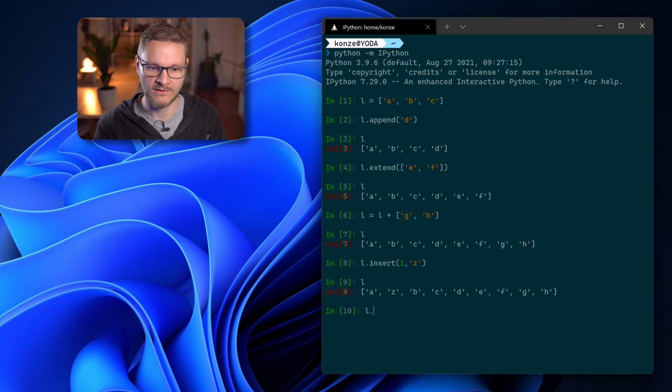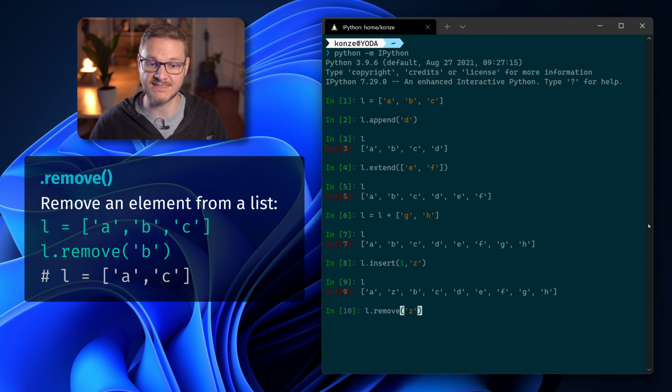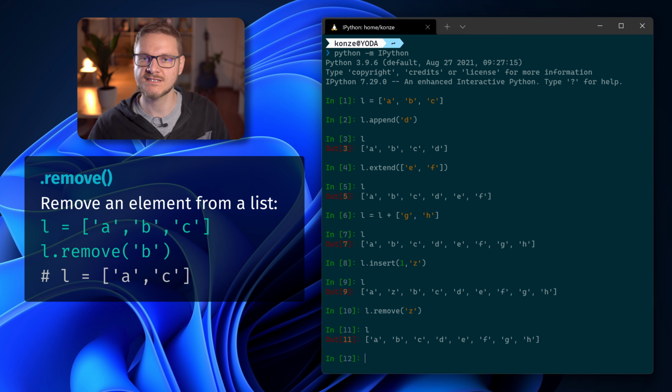So L.remove, and then we enter the element we would like to remove, and here I would like to remove the Z. This has removed the Z from index 1, and now we have A, B, C, D, E, F, G as a list, and every element that was after the Z is now shifted one index to the front. If we have several elements with the same value in our list, the remove function will remove the